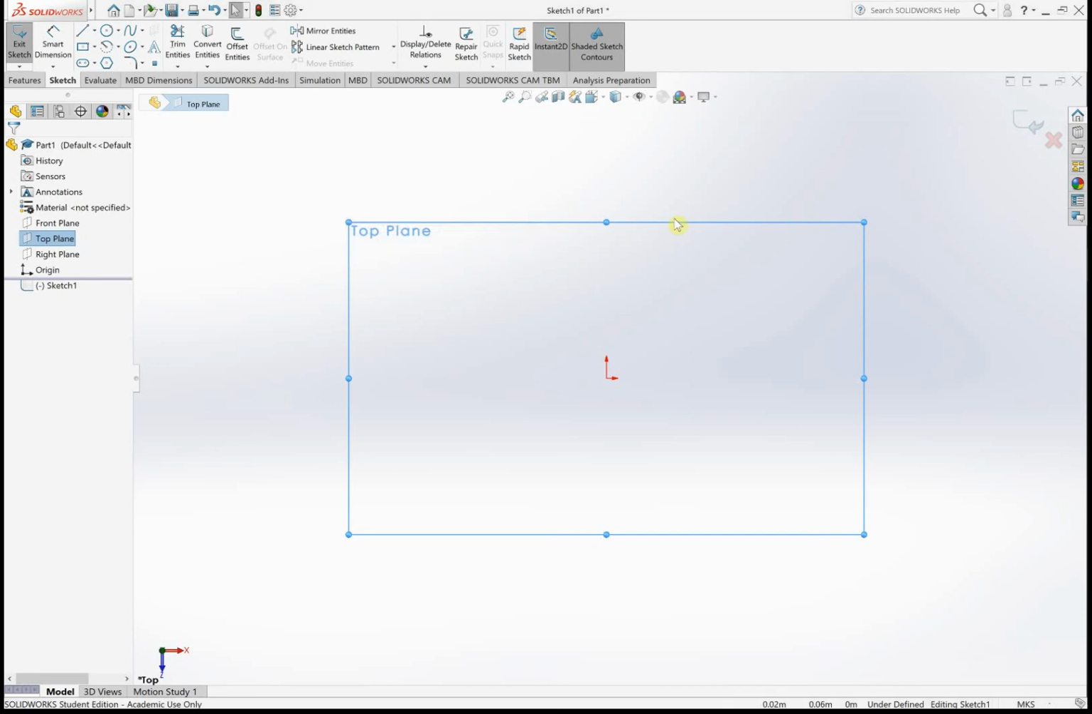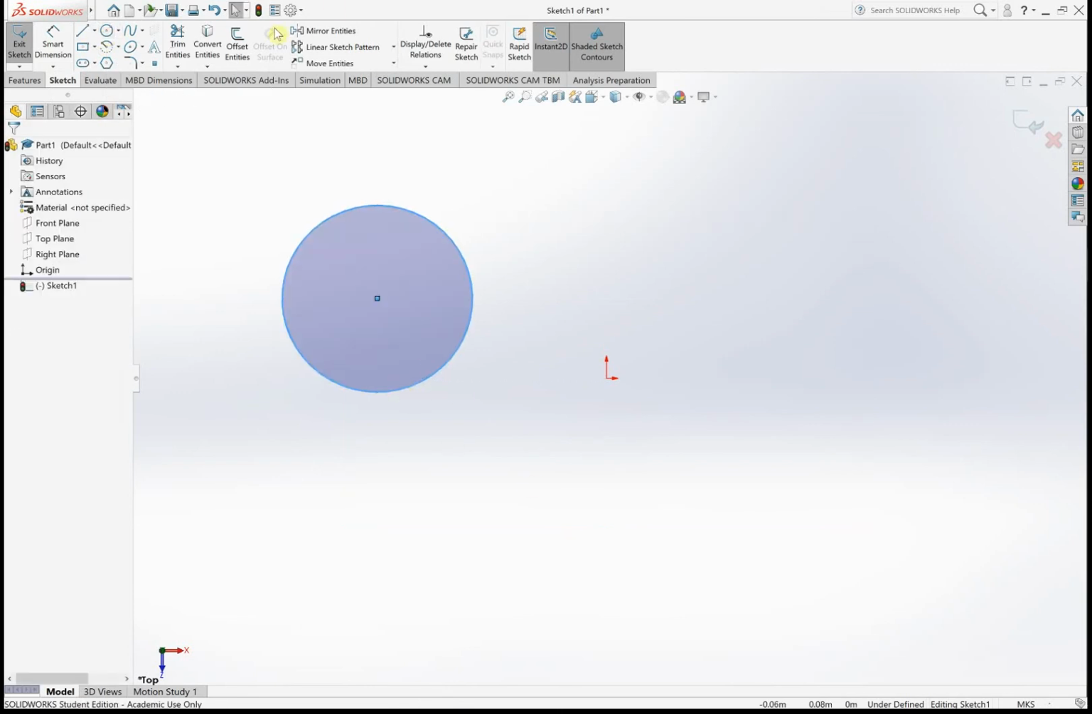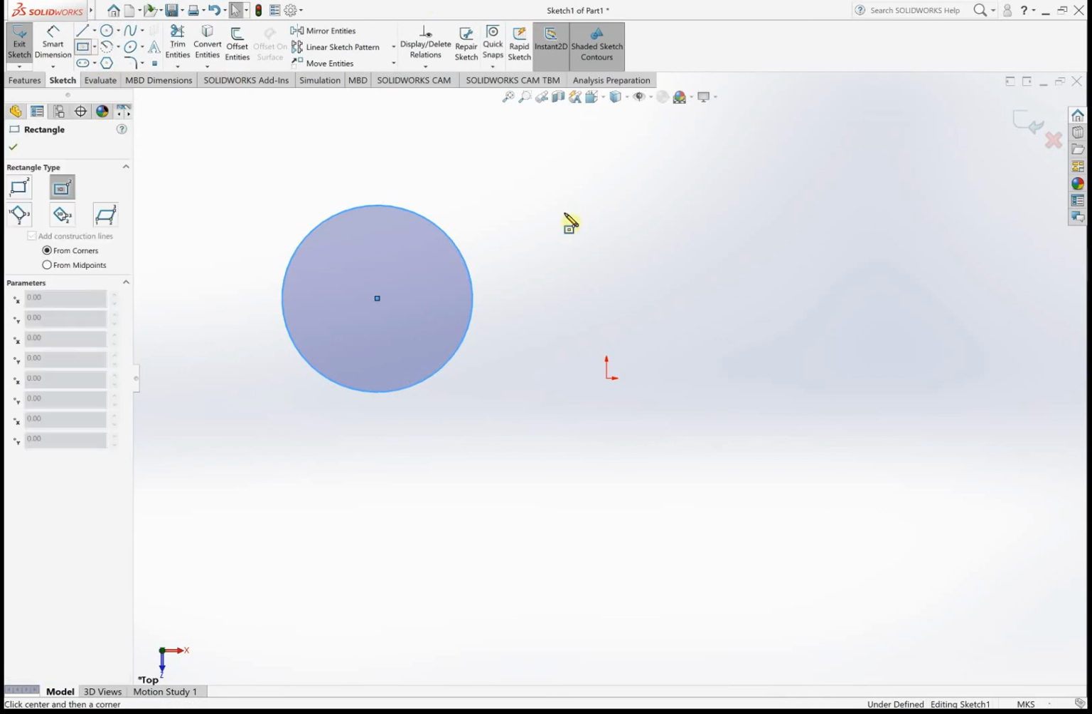In this video, we are going to learn how to use extrude cut feature. So first of all, we're going to make a sketch. I have selected the top plane here, and we can select sketch, and then we are going to make some sketches. So first of all, suppose create this circle right here,